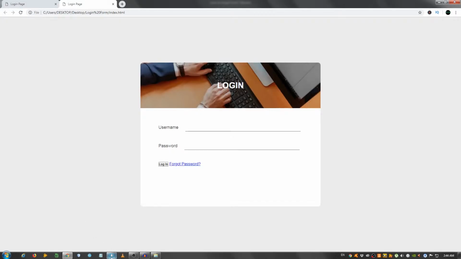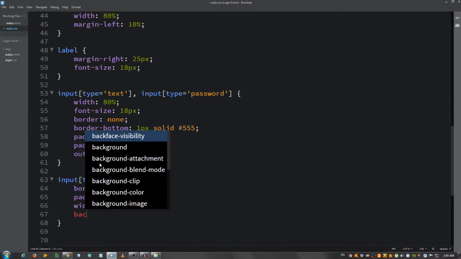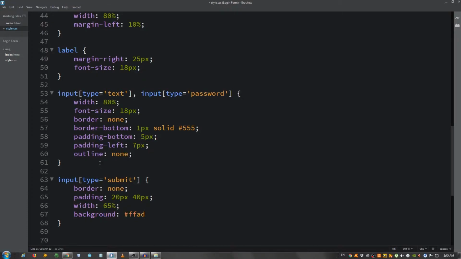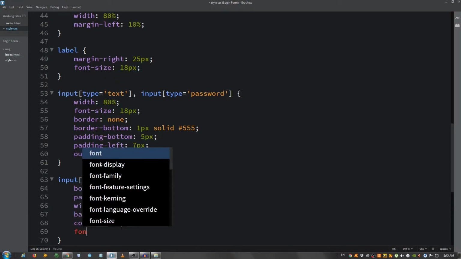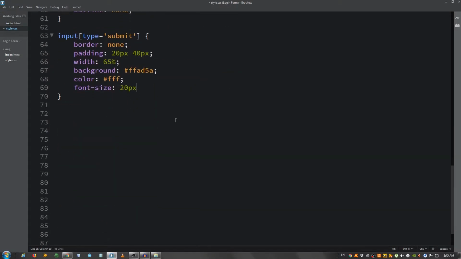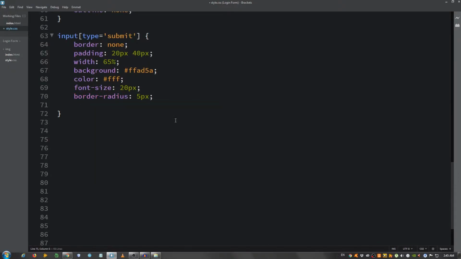Now I want to move on to this submit button, and to do that I'm gonna go back to the text editor and say input type equals submit, and I'm gonna say border none, padding 20 pixels top and bottom, 40 pixels left and right, a width of 65%, a background of FFAD5A, color white, so FFF, font size make it 20 pixels, border radius 5 pixels, margin right 40 pixels, change the cursor to pointer, and the transition